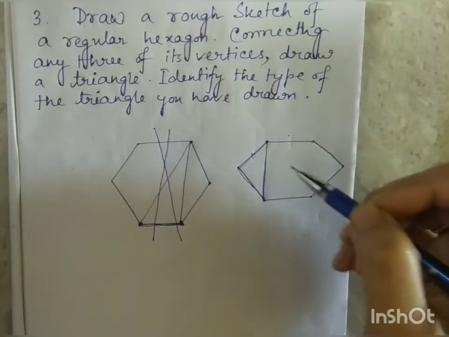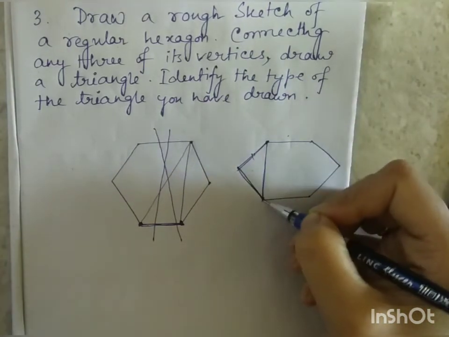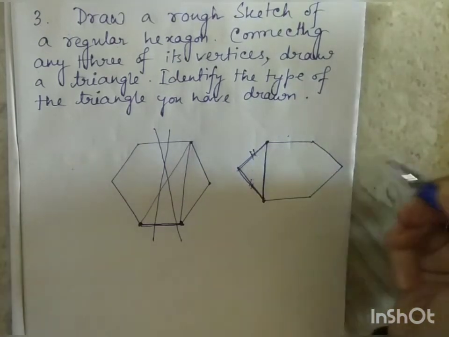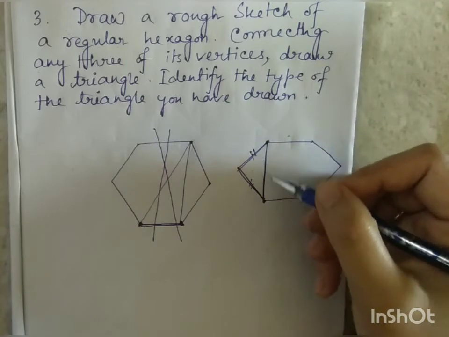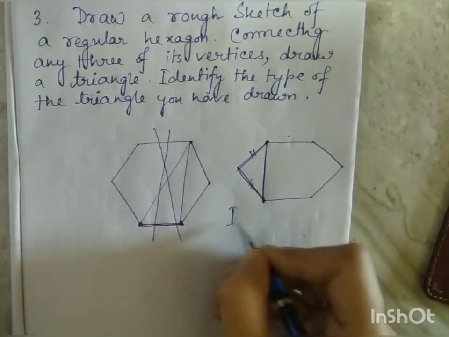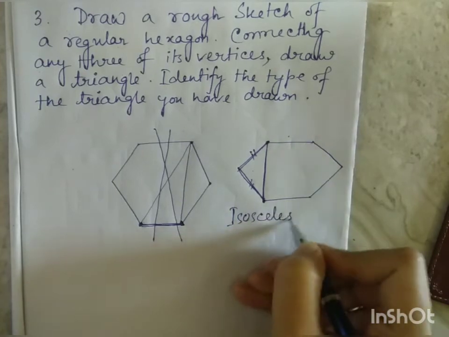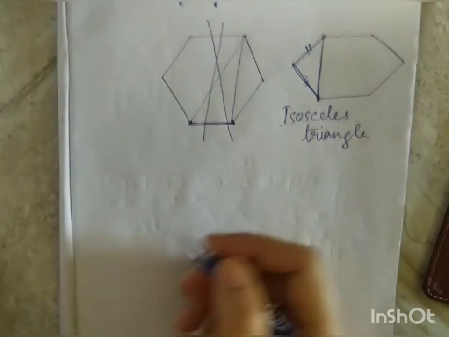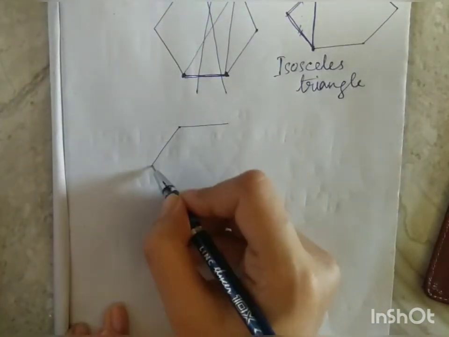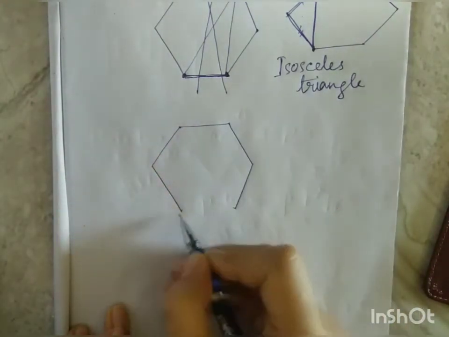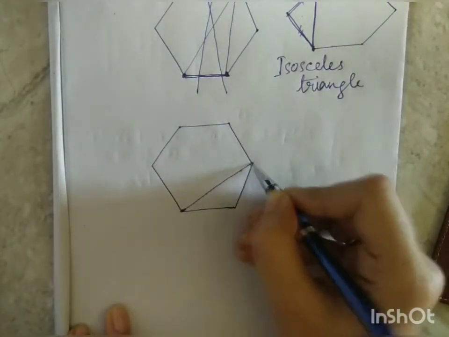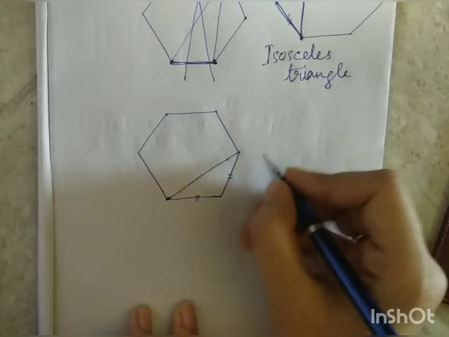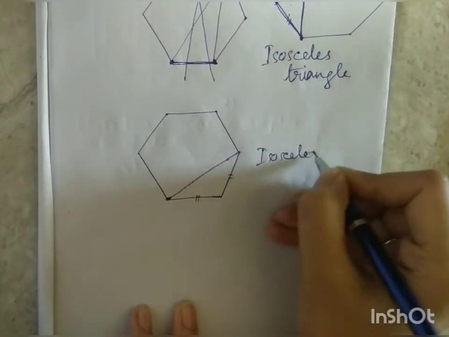Okay, do this one. So as for being a regular hexagon all of its sides are equal, so I have already taken 2 of its sides and we have joined two vertices. Okay, so these two sides are equal in length. And this is a triangle which is forming now. So this will be an isosceles triangle. Instead of this, you can also do this one. Here also these two sides are equal in length, and this is forming an isosceles triangle.